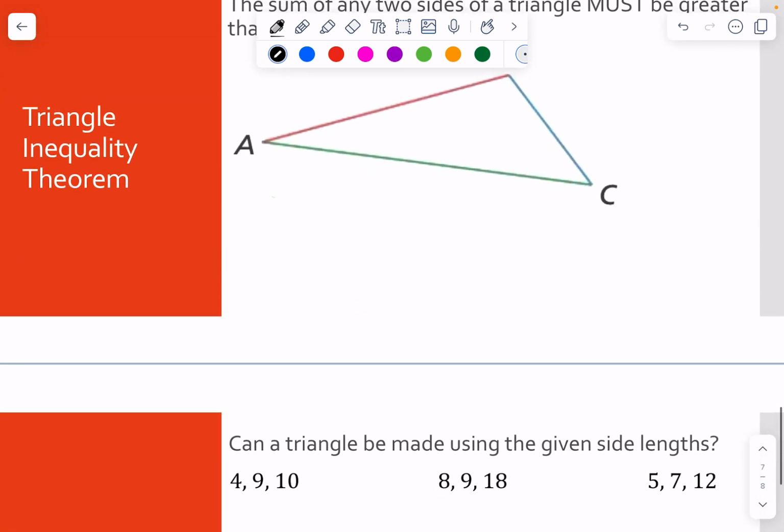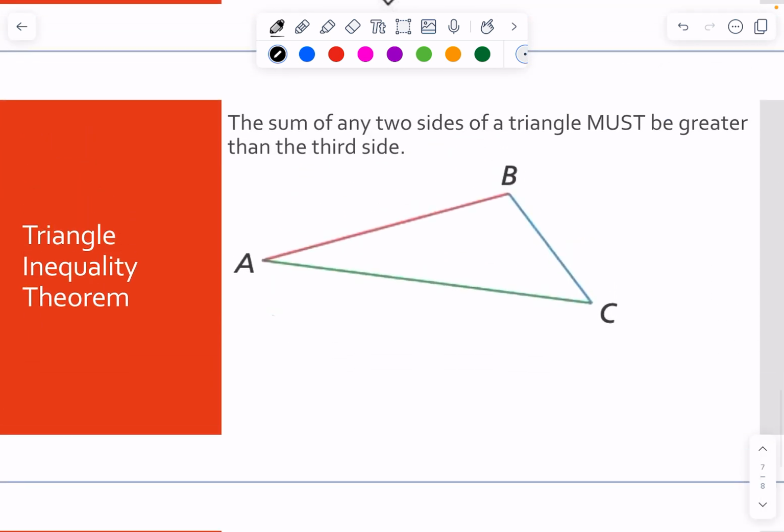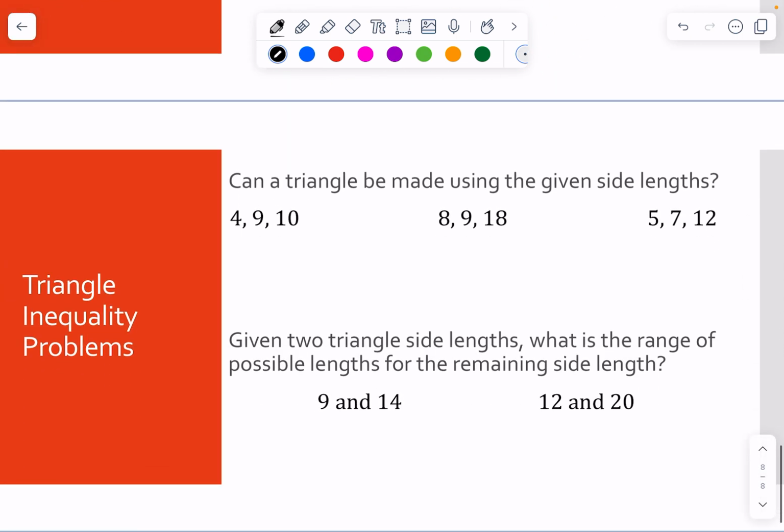Our last one, we have the triangle inequality theorem. The sum of any two sides of a triangle must be greater than the third side. Meaning if I take any two sides and add them together, they have to be a value greater than the third side. So, can these